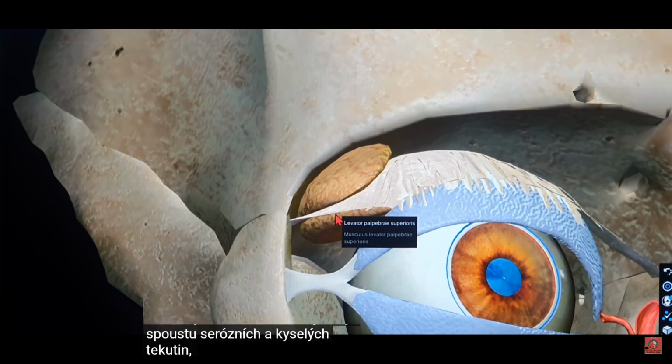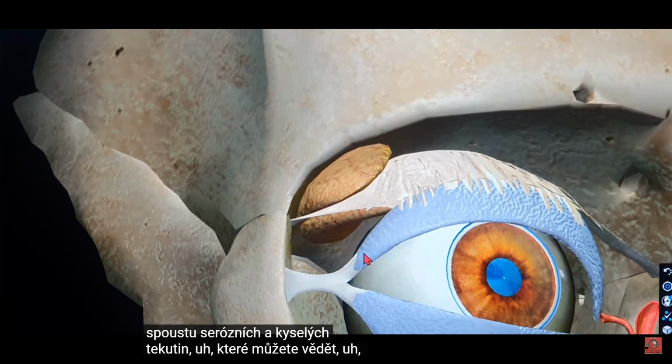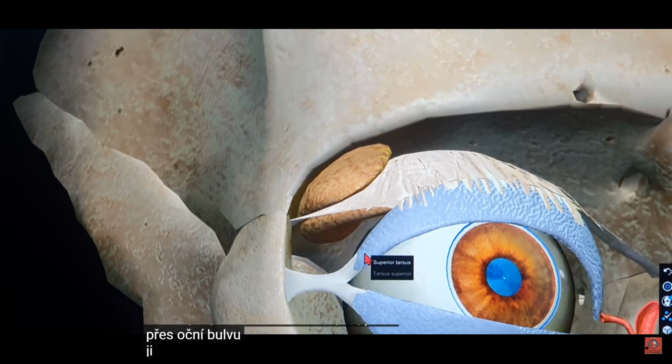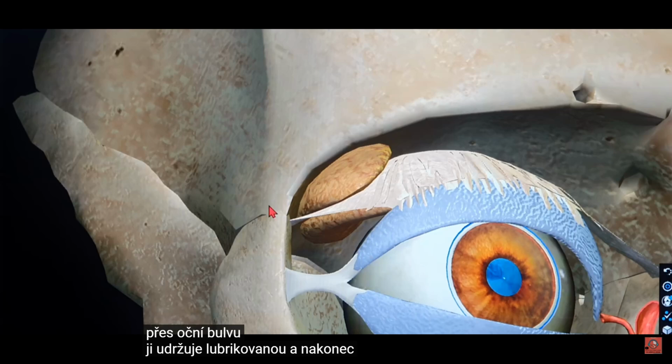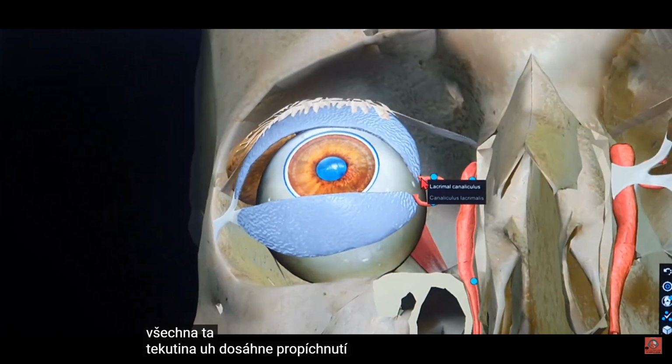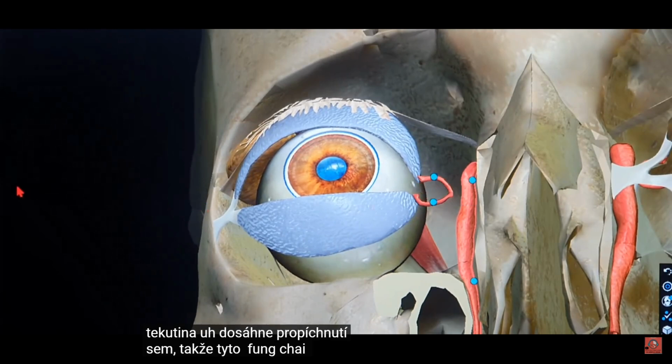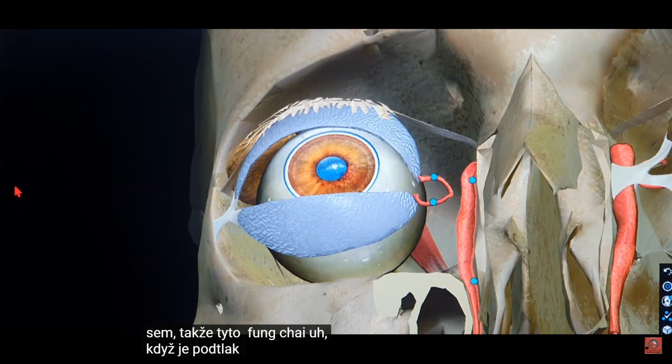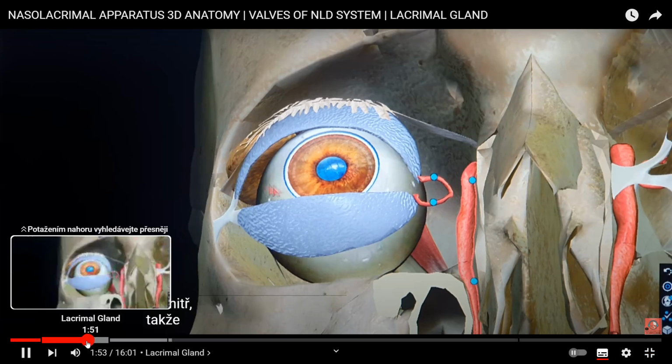and acinous fluids, which coat the eyeball and keep it lubricated, and then eventually all that liquid reaches a punctum, right here. When there's a negative pressure, the blinking effect of the eyeball creates a negative pressure in the nasolacrimal apparatus, and it sucks all the fluid inside,